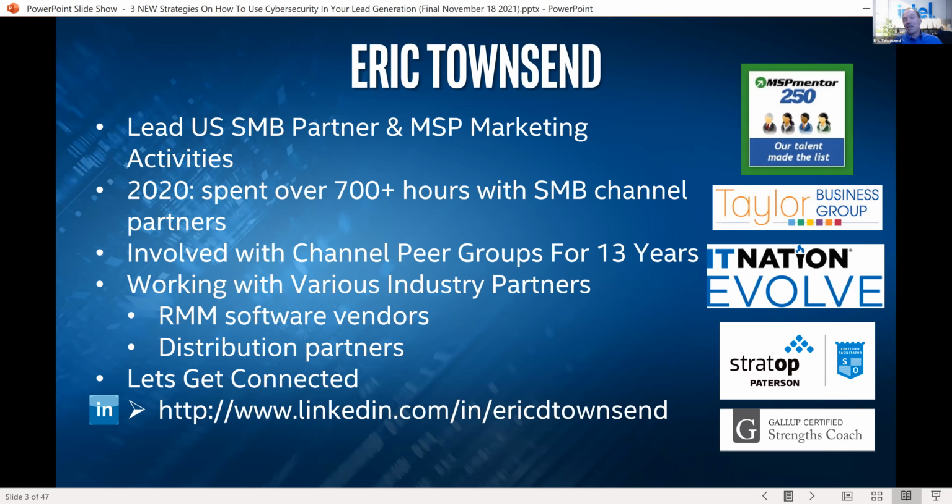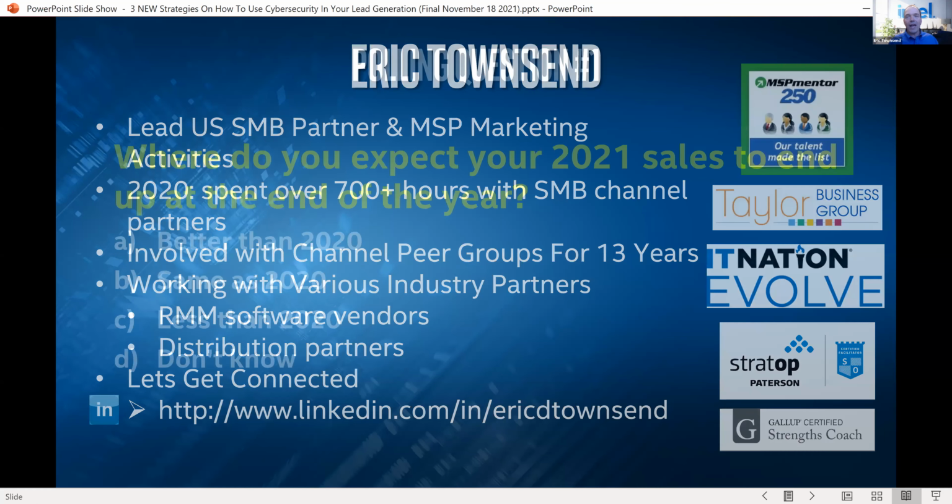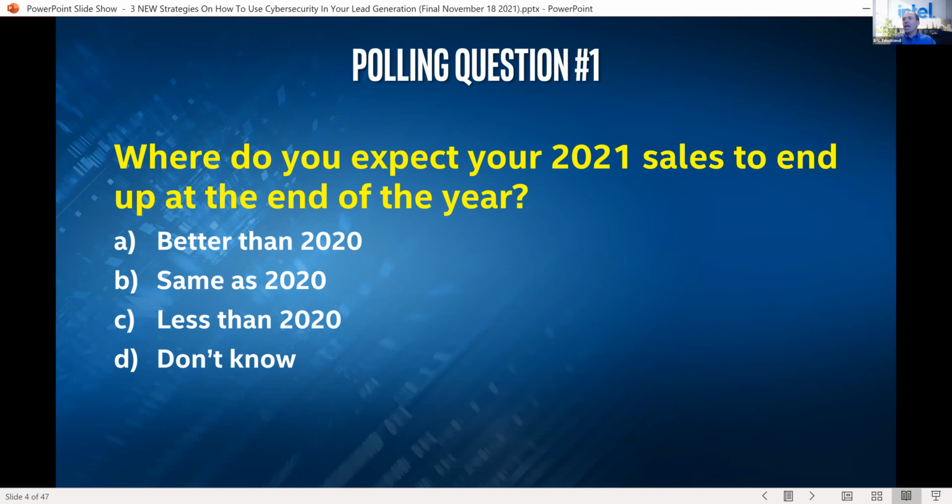Some of the 3 I'm going to show you today, in fact, I think I see one of my partners out there, this is one of his big ones. These are things that are actually applicable for an MSP that's serving small or medium business. So when you see Intel or Dell and think, oh, these are big, we are the MSP crew. We are the crew that are going to come in and make sure they give you the right information. But first, I want to start with a polling question.